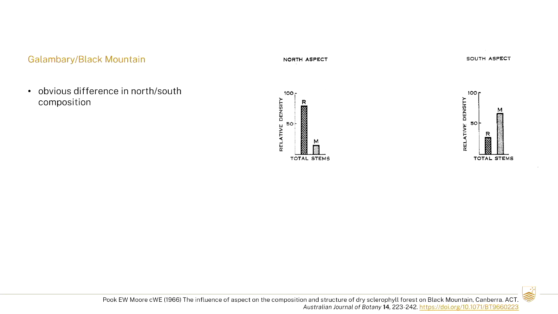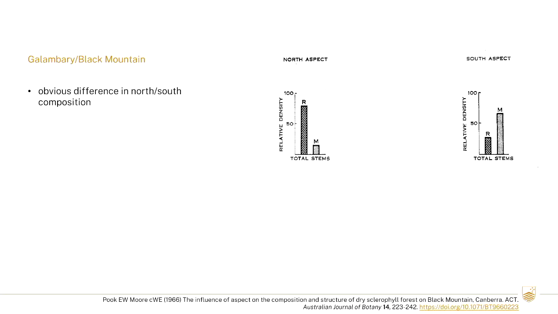you can see the relative density. That's in terms of percent of total stems on the individual aspects. You can see exactly kind of what we saw. And we went out there expecting, because we're familiar with Pukenmore, this great dominance of Eucalyptus rossii on north aspects. And you can see it's up around maybe 75–80%,